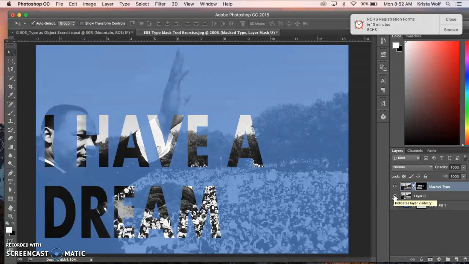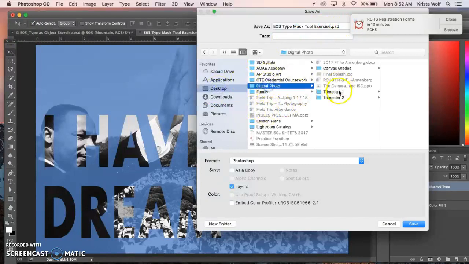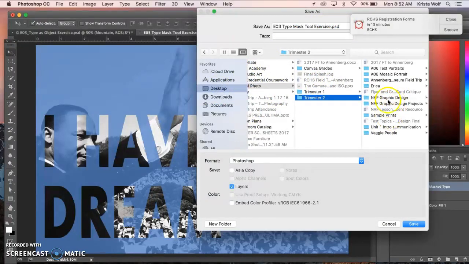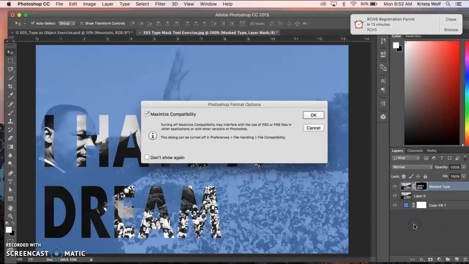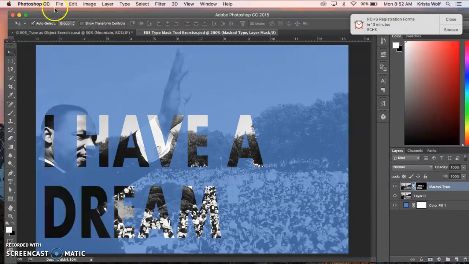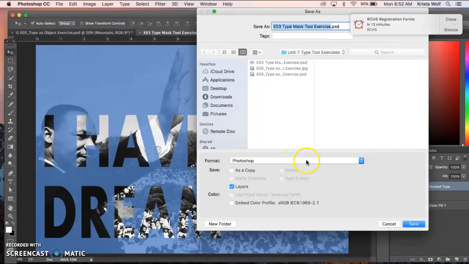So what you're going to do with this one, as with the other ones, is you're going to save it as a PSD so that you have that file in your folder. So it's the E03 type mask tool exercise. You're going to save it into your own folder, and I have my own here. We're going to save it once as a PSD, then we're going to go File, Save As again, and this time you're going to choose JPEG, because I do want you to turn in a JPEG copy